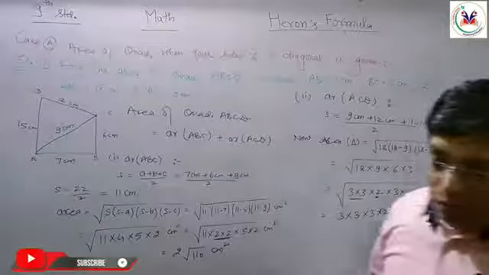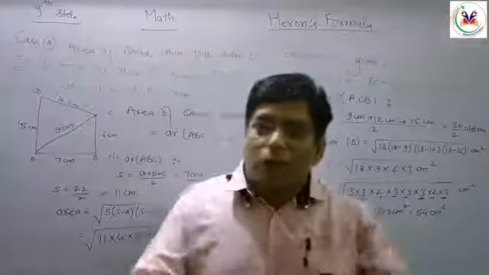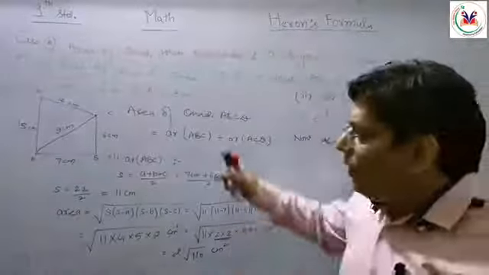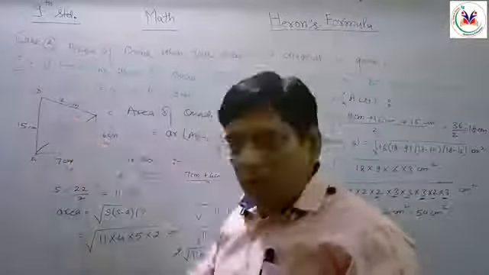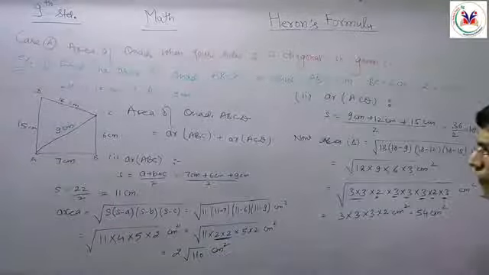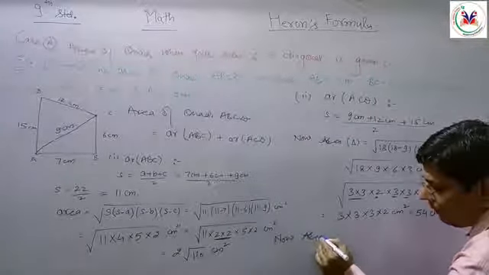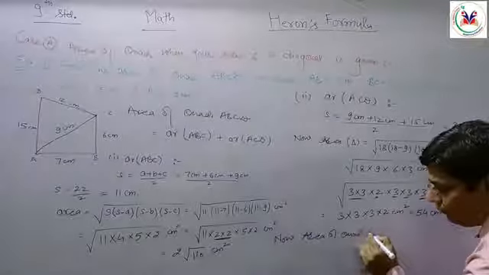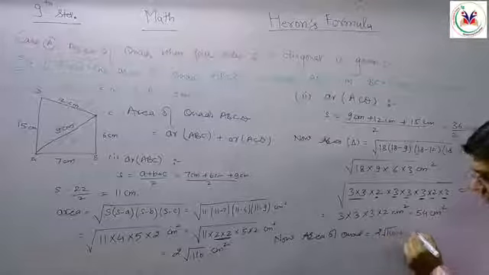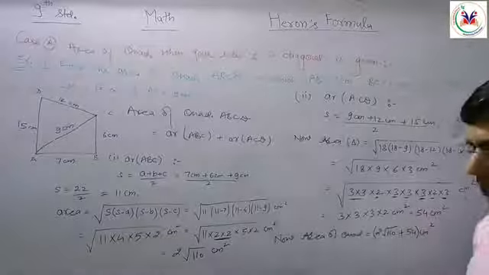So now what we did, we just separated a quadrilateral into different triangles, because the 4 sides of the quadrilateral and one diagonal are given, and after calculating both the areas of the triangles separately, now we should add them to calculate the area of the quadrilateral. Now area of quadrilateral, 2 into root 110 plus 54 centimeter square. That will be the area of quadrilateral.